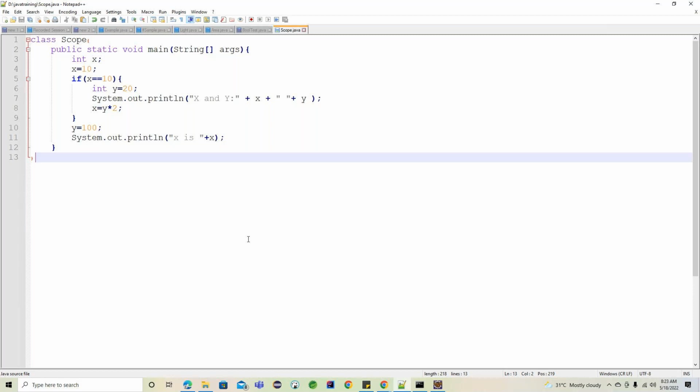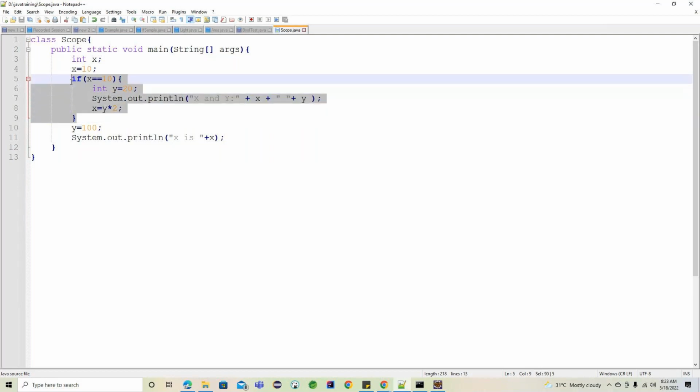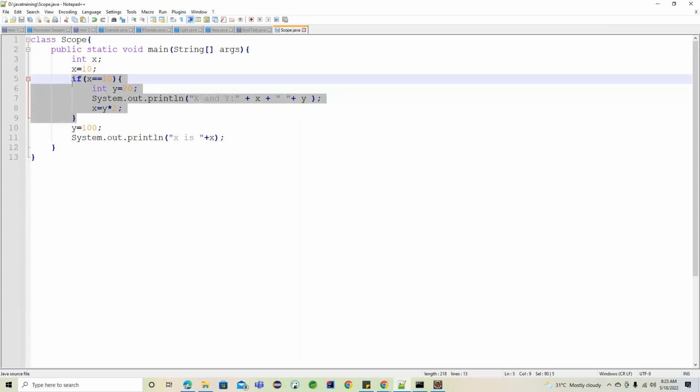Yes, basically we define the y variable within the block of this particular code. So this y variable's lifetime is available within this particular block only. Getting the point? Wherever we are declaring the variable, it is applicable within that particular block of code. If you try to access it outside of this block, the compiler cannot understand